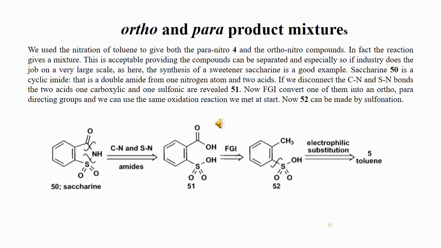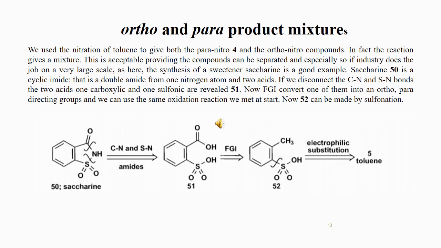Here the discussion of two products, ortho and para mixture, is discussed. When we do the nitration of toluene, both para-nitro, that was shown in structure 4, and ortho-nitro compounds are formed. In fact, the reaction gives a mixture. So this is acceptable, providing these compounds can be separated, especially if the industry does a job on a very large scale, as here,